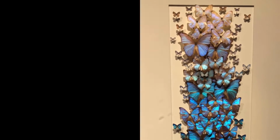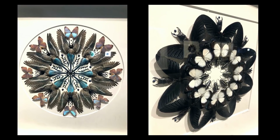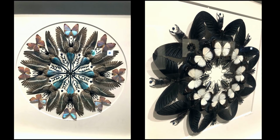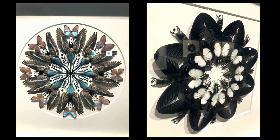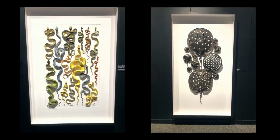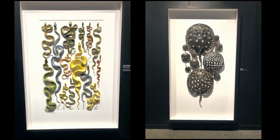I think of the snakes or the sea creatures that went from light to dark in an ombre gradient form, or they dissipated into a corner. These mosaics aren't just done in one way, and the collection of these,